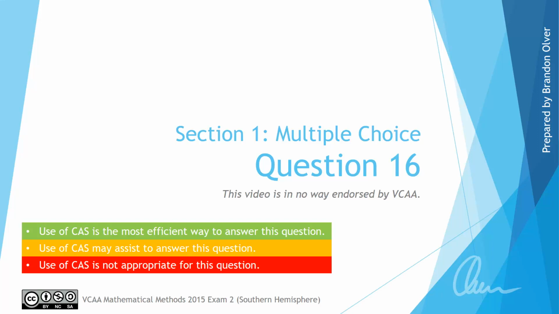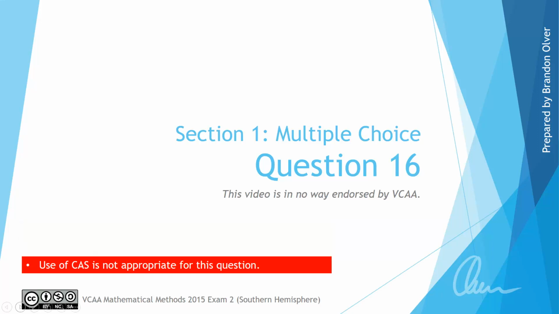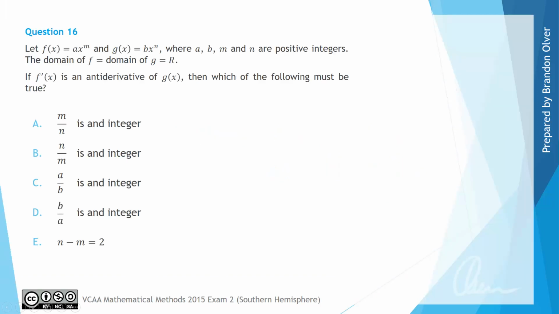Just before I move on, I'd like to point out that the use of a CAS calculator was not appropriate for this question, as there was no way of entering it and getting the required output out of a CAS calculator. For question 16 we have let f of x equal ax to the power of m